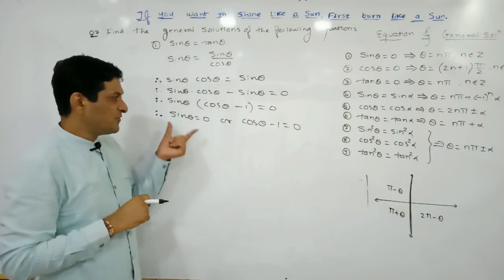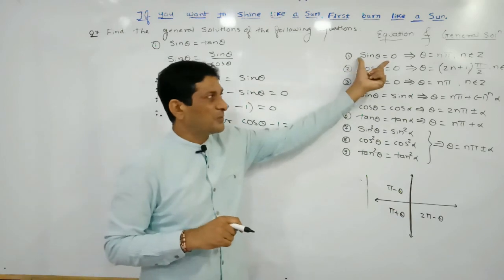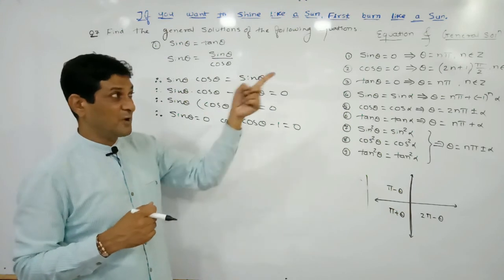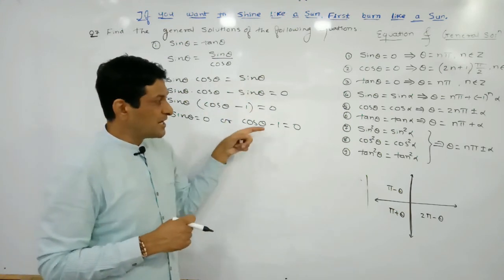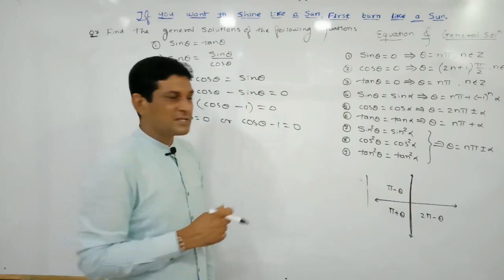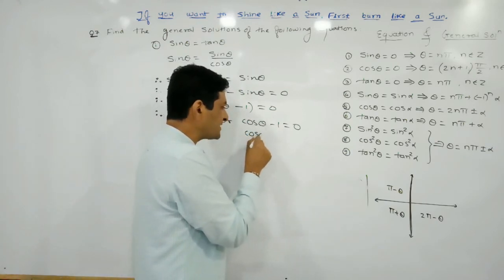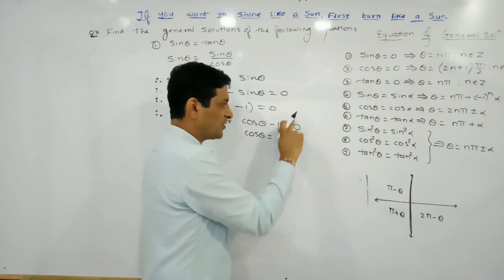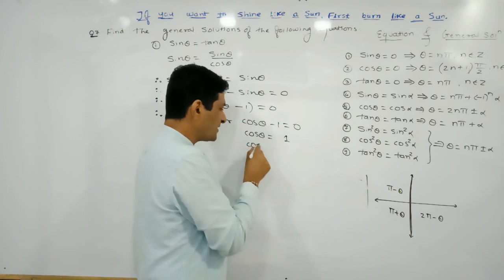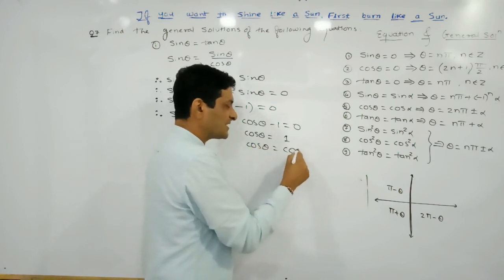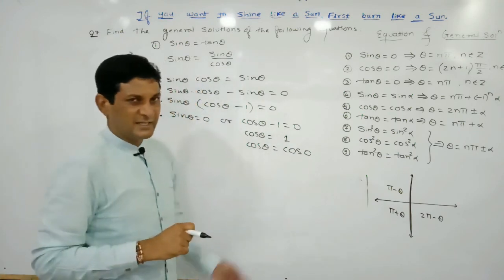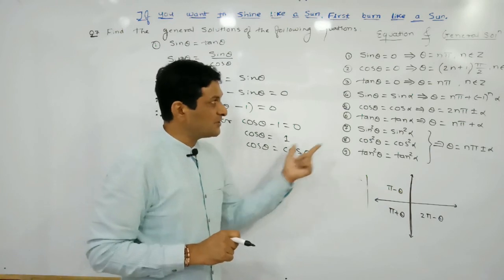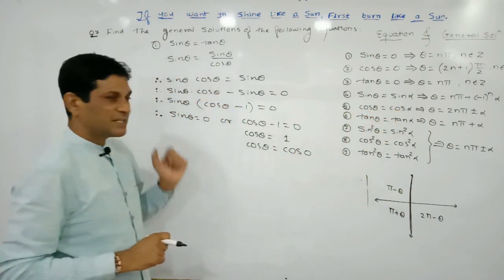Now if you observe, our first factor is already in the form of a standard formula, so we have a formula to find its general solution. Now we are trying to arrange the second term in the form of our standard formula. So let us simplify this second term. This minus 1 on this side will become plus 1. So cos theta, keep it as it is, equals 1. Can I say that 1 is the value of cos 0? Yes, 1 is the value of cos 0. Now this equation is in the form of cos theta is equal to cos alpha, means both the terms are in the standard form.